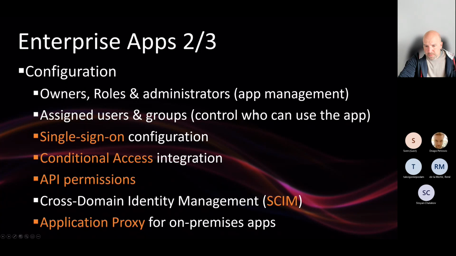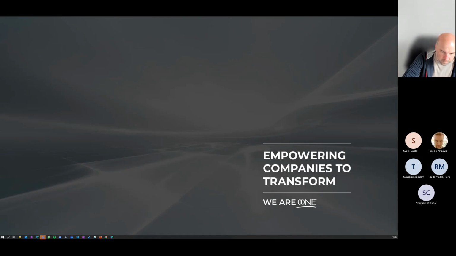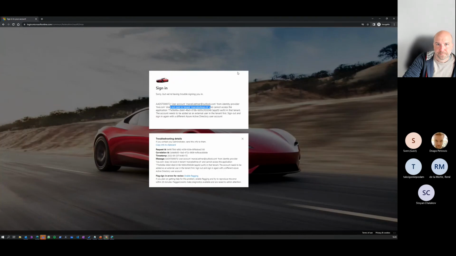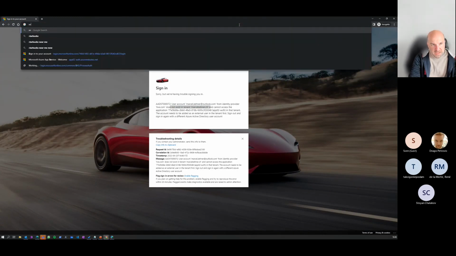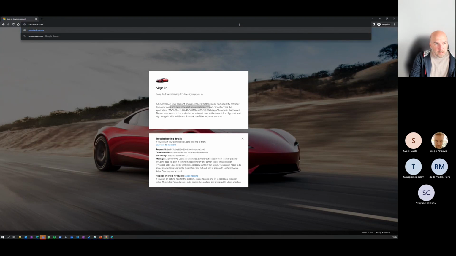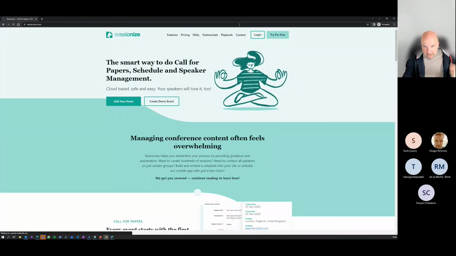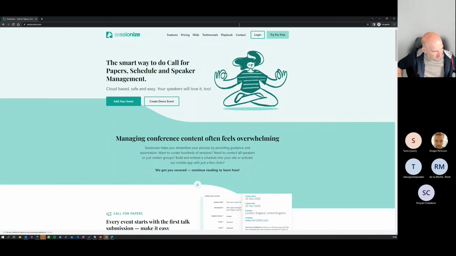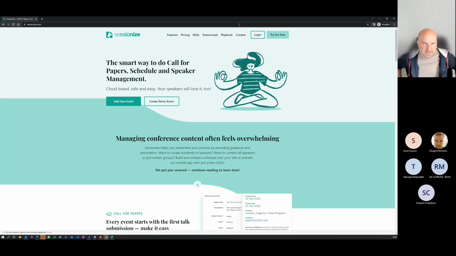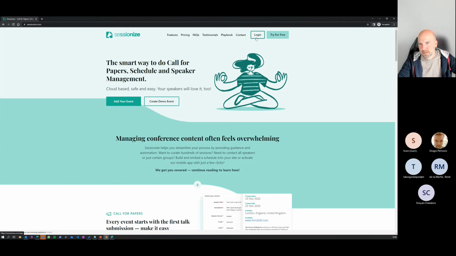All right, now let me show you this as well. So going back here, and I will now connect to an application for the very first time. So from my tenant, I now go to this app, which is an app that me and my speaker colleagues very heavily use. Doesn't matter what it really does. This is for managing sessions and speakers if you plan a conference or something, or if you want to speak at the conference. And as you can see, of course, you can only use this app if you log in. Right? So if I go to login now,